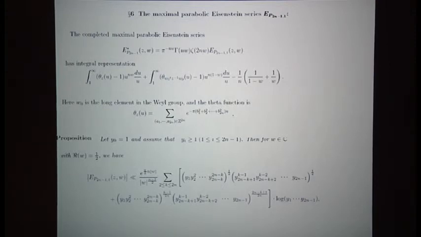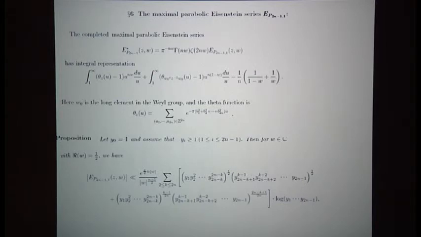So the theta function is defined over that lattice. Because of this integral representation, it has functional equations and analytic continuation and so on. So this Eisenstein series is much easier. To get the bounds of this maximal parabolic Eisenstein series, we just use this integral representation and